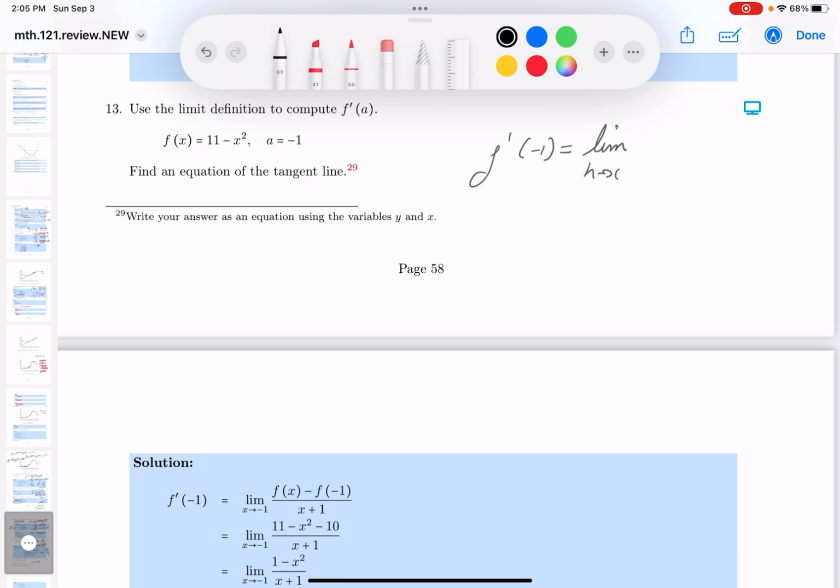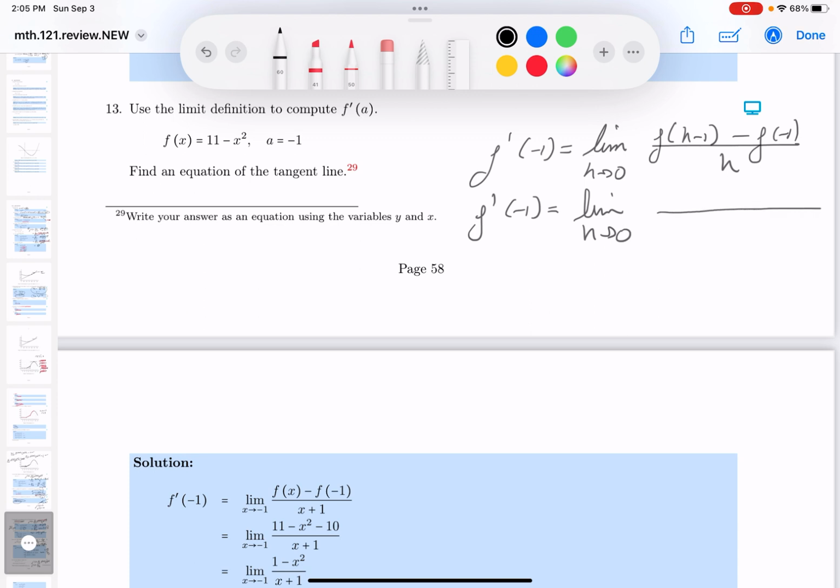The limit as h goes to 0. And what do you get on top? F of, we'll do that later, and that's going to be, let's see, I should say minus 1 plus h, or h minus 1. I'll put this over here. Minus f of minus 1. And we'll do that, by the way, over h. Let me go through it. F prime of minus 1, limit,